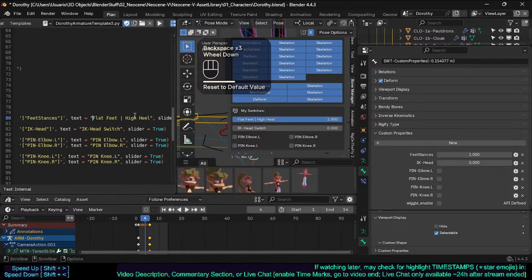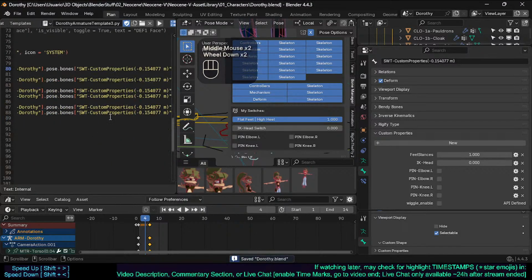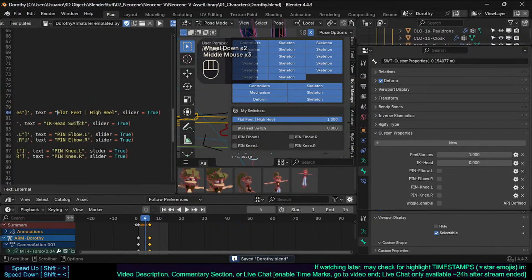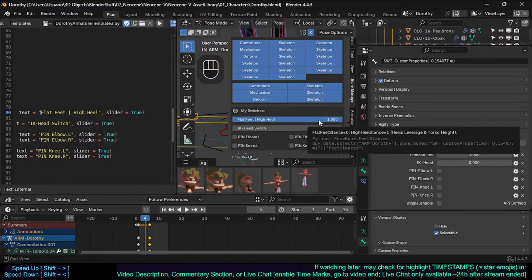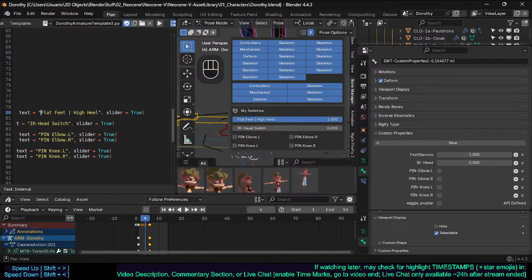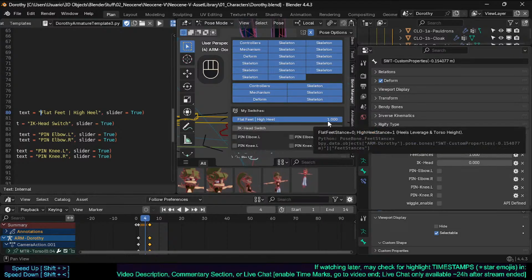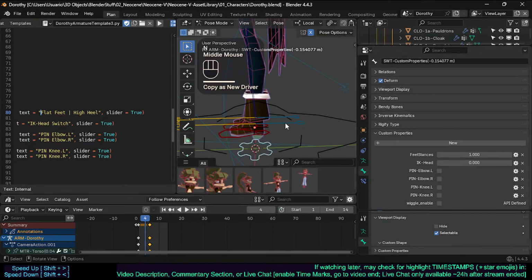This reset properly. Okay, so we're now gonna bring this to 1 when it is 1. Is that correct? Yes, yes, yes. Okay, so copy as new driver as it is 1. Then we're gonna bring